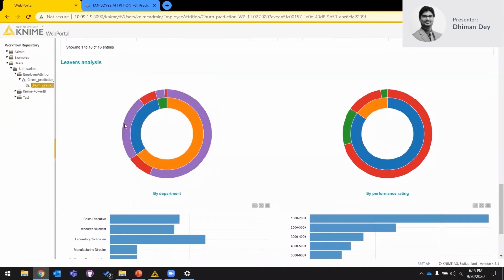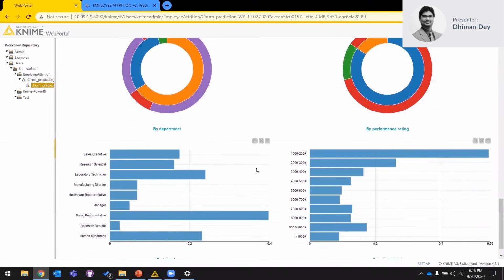So if I would like to understand what are the levers, the high number of levers that I have, you'll see most of them are from the research and development team. By performance rating, most of them are coming from the medium to solid performance areas as well.